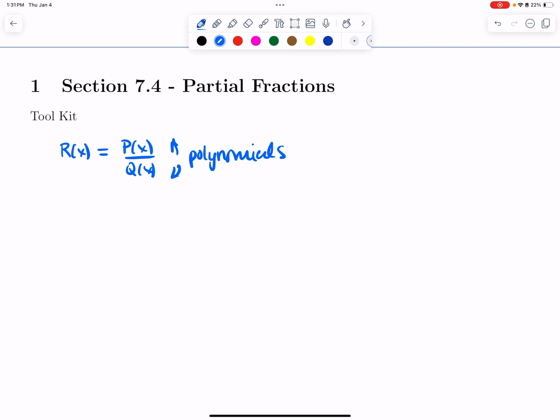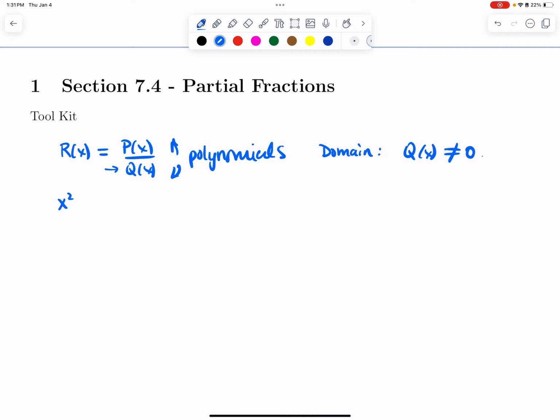And note, for polynomials the domain is all real numbers, but a rational function has the added feature of having a polynomial in the denominator, so the domain of all rational functions is the set of all x such that q of x is not 0. Okay? All right,